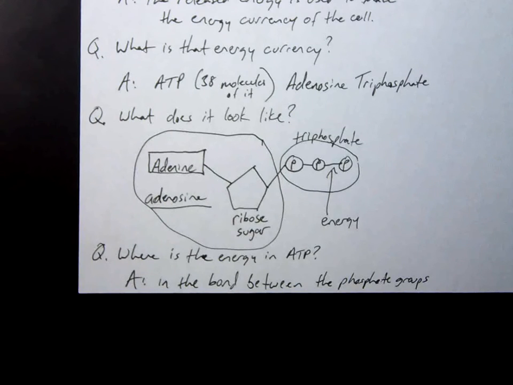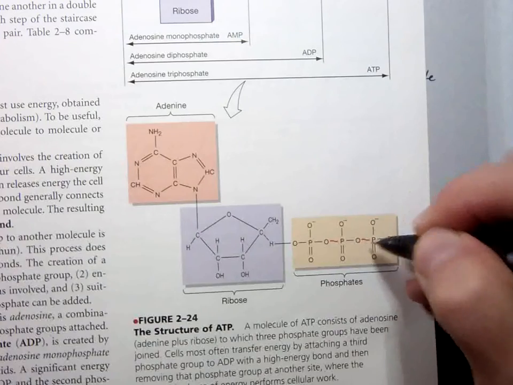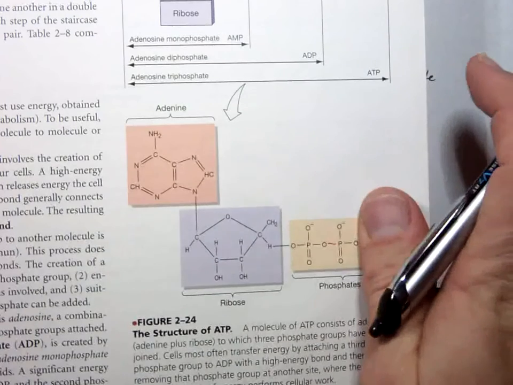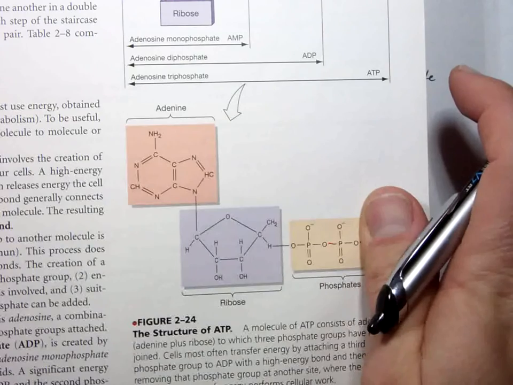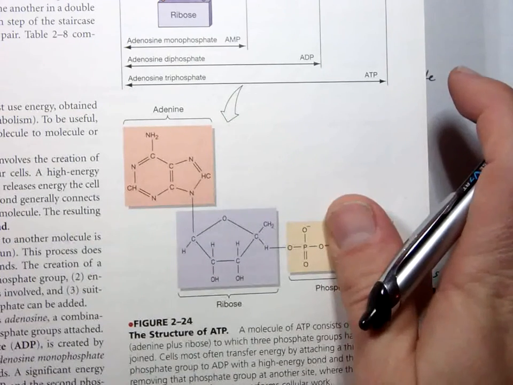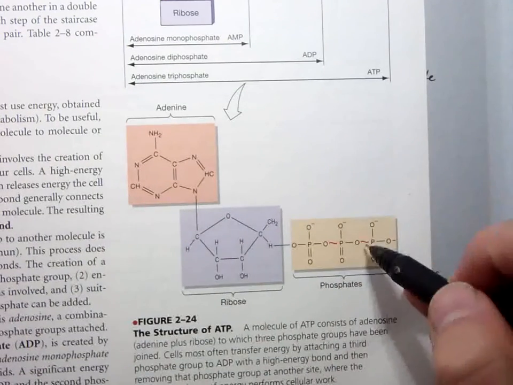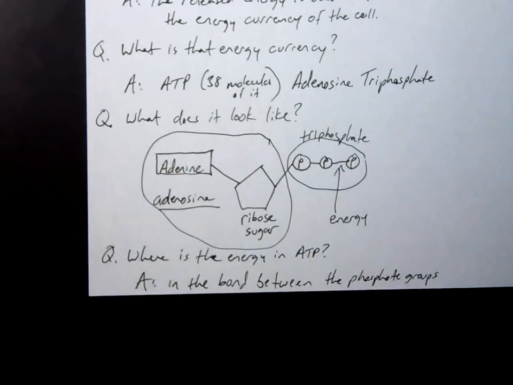Okay? So what it actually looks like is that right here. And this bond right here would break and energy would be released. And then you'd have adenosine what? Diphosphate, yeah. And then if you lose another one, you have adenosine monophosphate, okay? But the highest energy bond is right here, second highest is there. But this is what everything takes. That's what everything is fueled by, the reaction that can carry out.